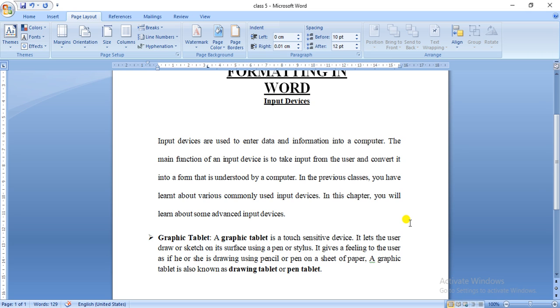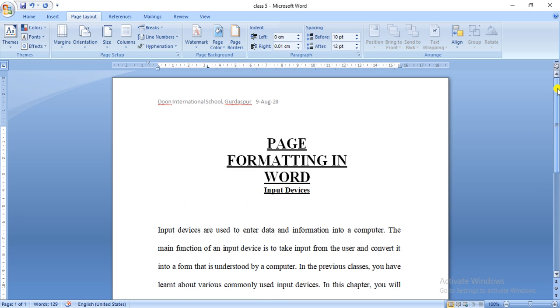The shaded part on the horizontal and the vertical ruler represents the margins. So you can see there is a horizontal and a vertical margin present over here. Now the horizontal ruler sets the left and right margin. So you can see the horizontal will set the left and right margins.